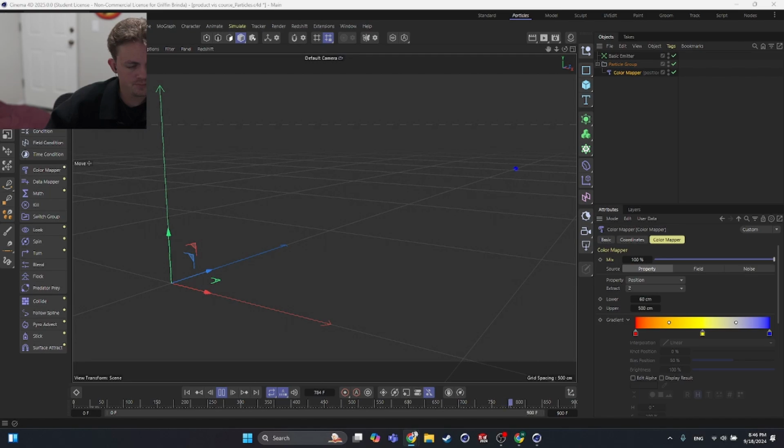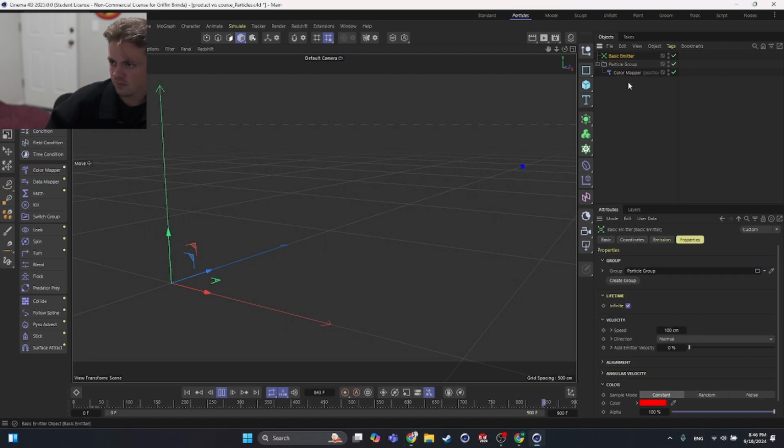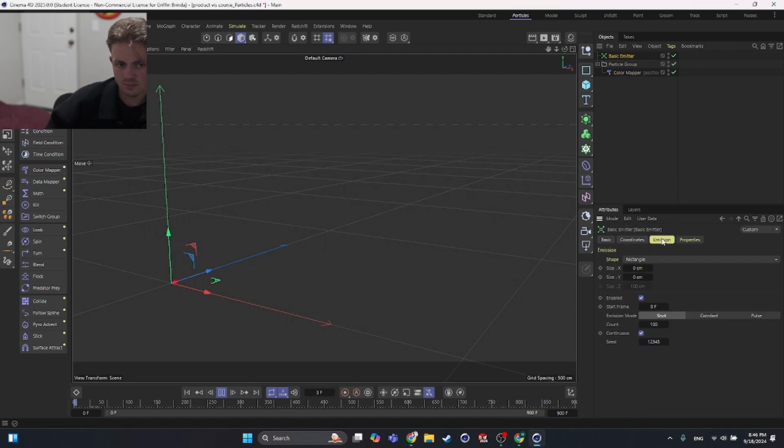I am going to change my basic emitter to emit from a sphere. I'm going to make this sphere 20 and 20 and 20, and I'm going to shoot more than one particle. I'm going to shoot 1,000 particles per second. Rewind, press play, and watch this. Only the particles that